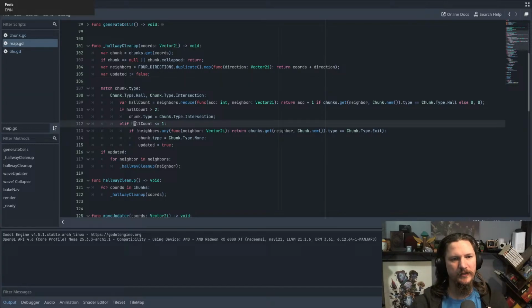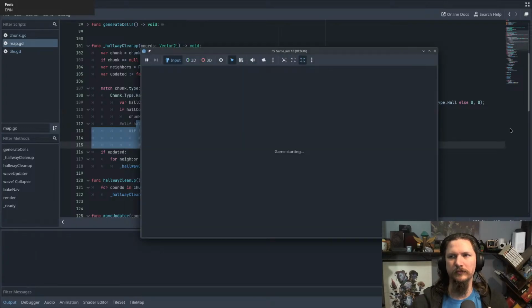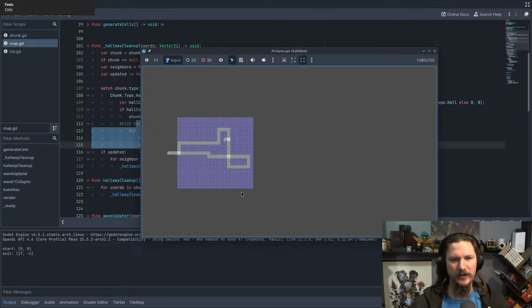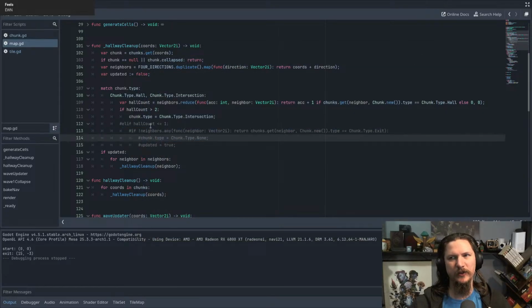Let's drop this, see if this works. All right, so this is still working. Fully working as expected. The problem we're having is when we try and handle our